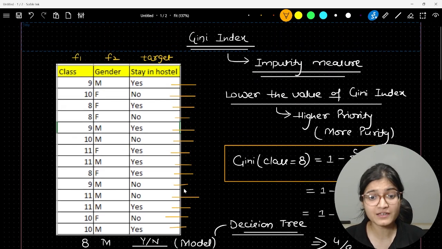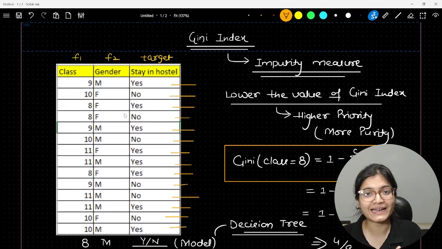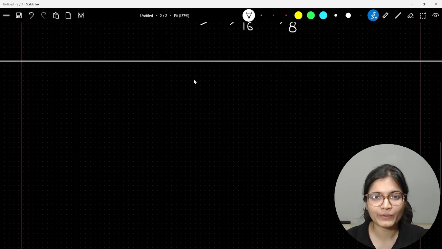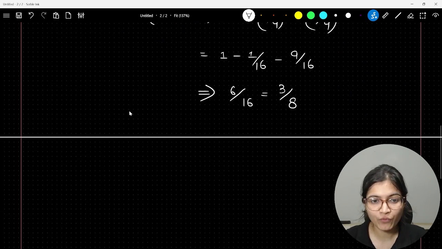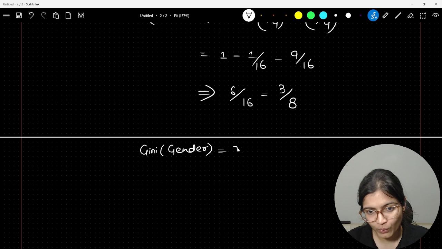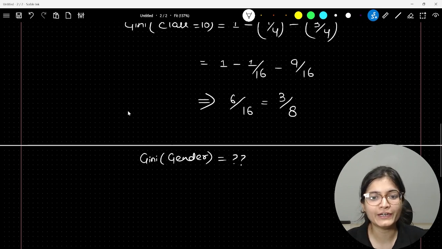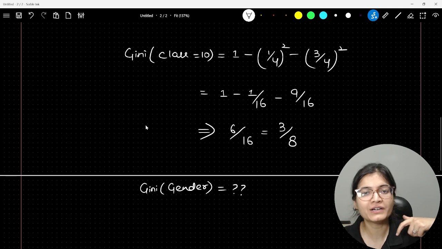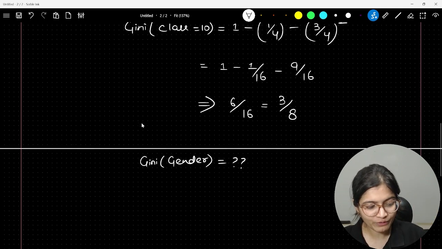But still, this is the class part. We don't know whether gender might contain a higher Gini index value or a smaller value. So now, as a second step, we will evaluate the Gini for gender as a whole feature, to find the next optimal value for the gender part. As per gender, we will now design a new table. How will we design that?